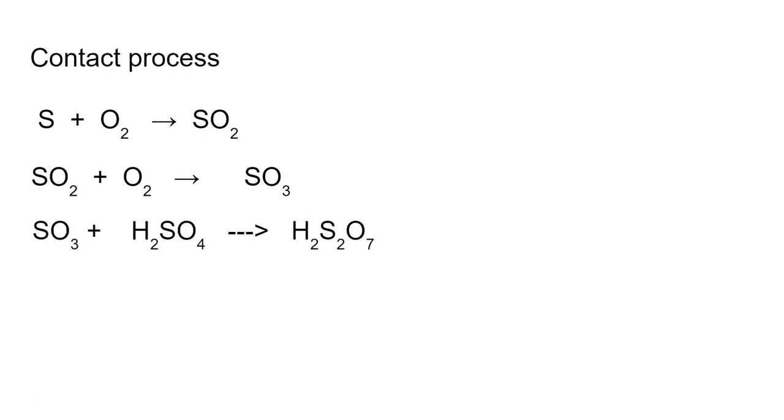Okay, let's start. First step of the contact process is just sulfur and oxygen that you burn together to get SO2. This should be a very familiar equation that you did in grade 9. Then I take my sulfur dioxide and let that react with oxygen again to give me sulfur trioxide. Again, I am just going to go through the steps. These equations are not balanced yet. And then my next step, I take sulfur trioxide and let it react with a little bit of sulfuric acid